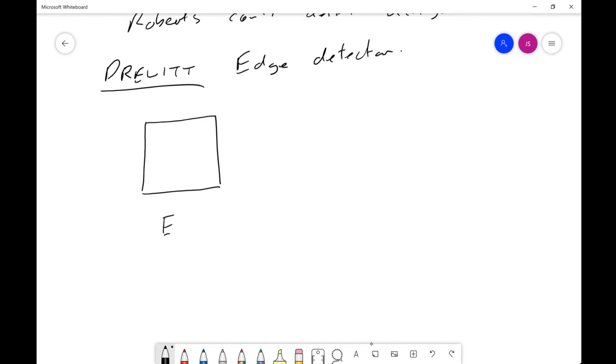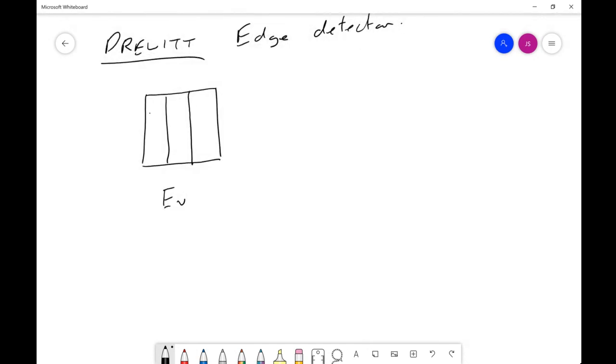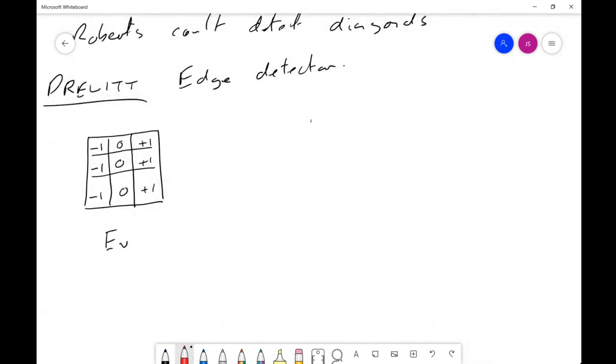EV, the vertical detector. I'll use my 3x3 window again. It is going to be -1, -1, -1, +1, +1, +1, and the rest are going to be noughts. And it's operating about the central pixel as usual. So we're not only taking the difference between the adjacent neighbors to the center pixel, we're also taking into account the diagonals, and that gives it slightly more effectiveness. That would be EV, and EH